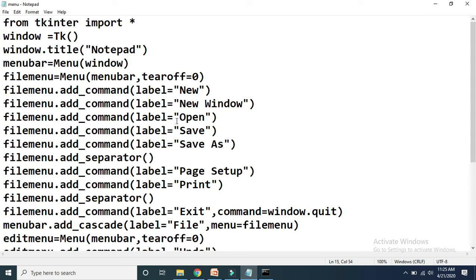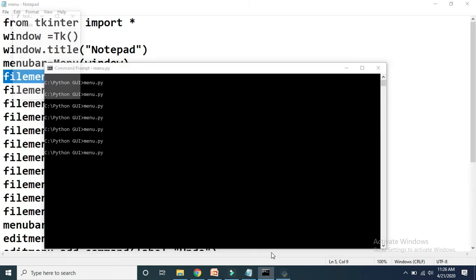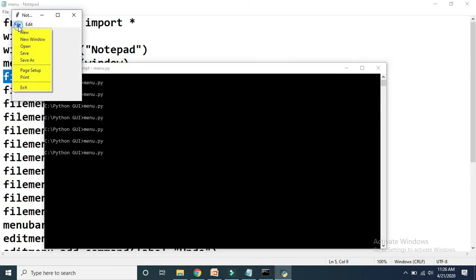So we have to use the bg attribute here for the file menu, and you can give the background color as, suppose, yellow. I am using the background color attribute only for the file menu. Let me show you the output. When I click on file, we are getting the background color for the file menu as yellow.